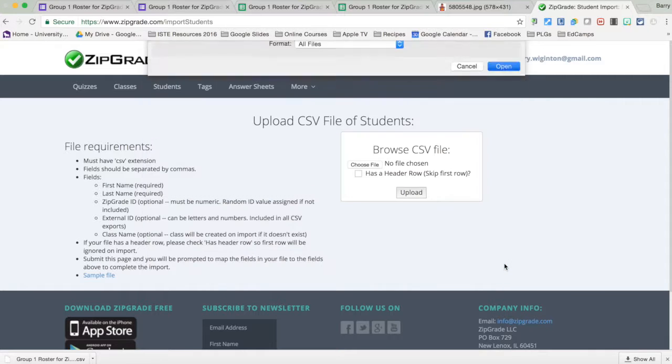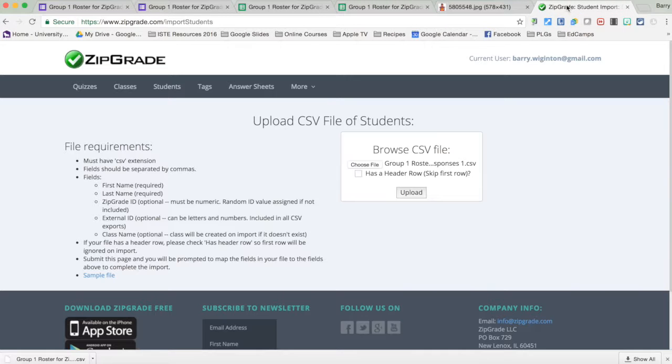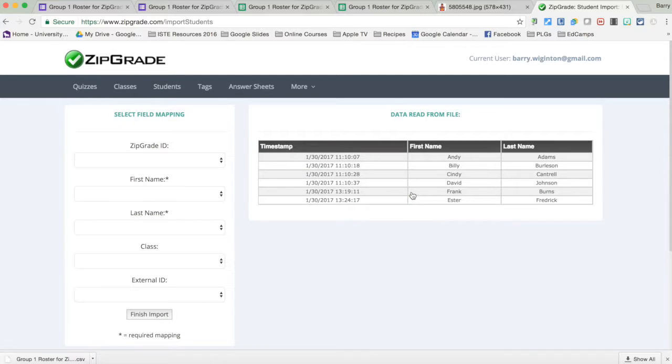I'm going to open this. Now, as you noticed, let me go back. Notice that it has a header row. It has labels at the top. So I have to tell ZipGrade that it has a header row. Otherwise, it would think that was another student up there. Now I'm going to upload this. So as you see this,